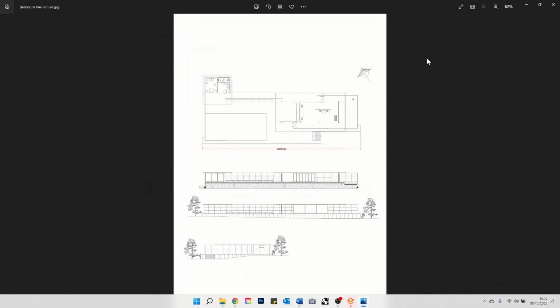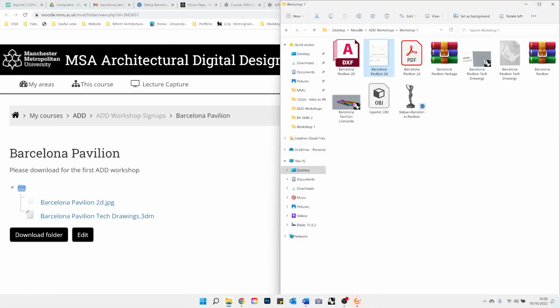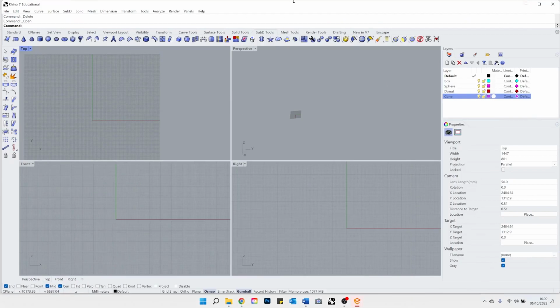We're going to be using that, pasting it into Rhino and creating a 3D model out of it. Usually that's how we start modeling, for example, our precedent studies, or you have a site and you need to model the nearest building, or you're doing an extension for a building and you need an existing 3D model. So usually we find our tech drawings, our packages, from planning applications,